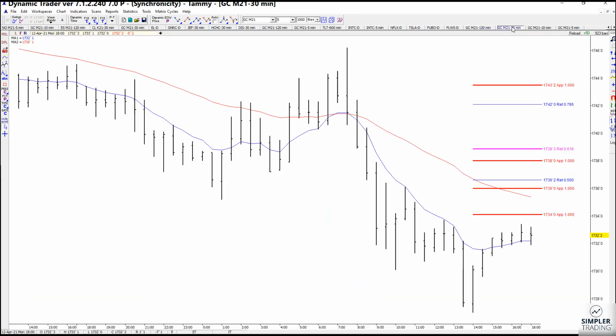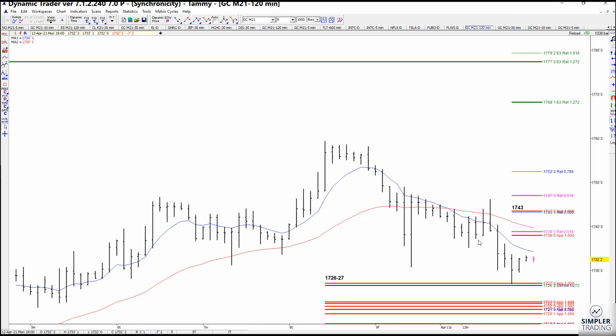Okay, I also have resistance for you on the 30-minute chart because it shows me some smaller swings. So on the 30-minute chart, we've got 1734, 1736, 1738, and 1743. On the 120-minute chart, we have 1738 and 1743, and an overall target of that 120-minute setup is going to be 1768. So I hope this video is not too confusing, but I did like this 1726 to 27 setup